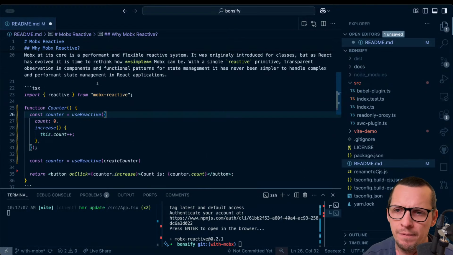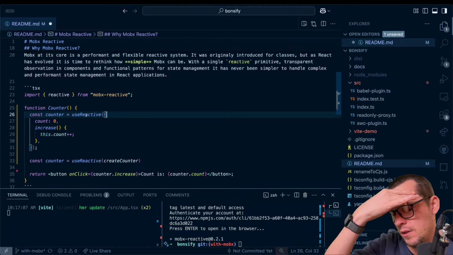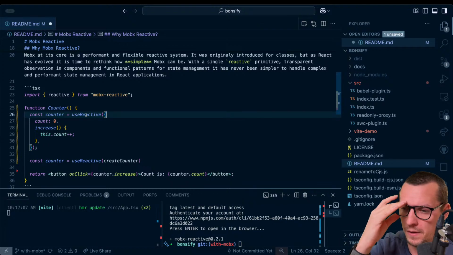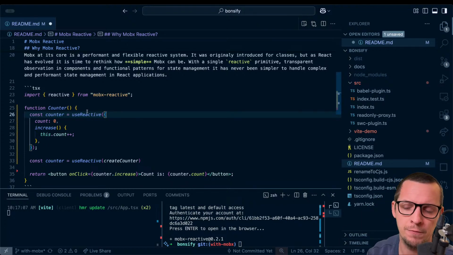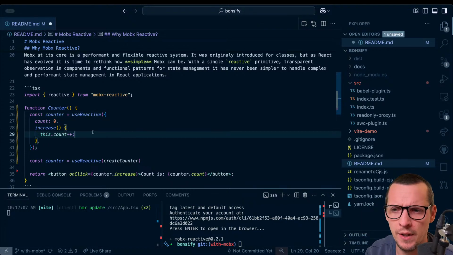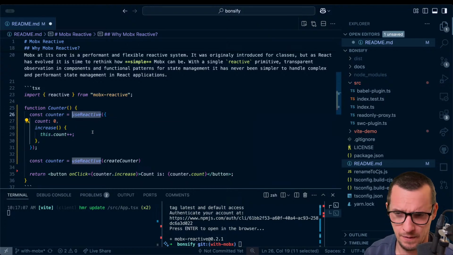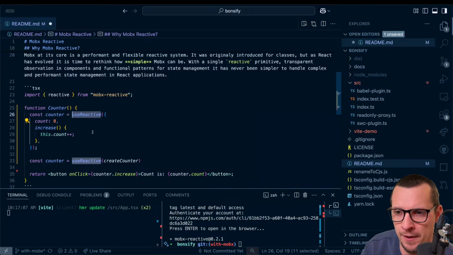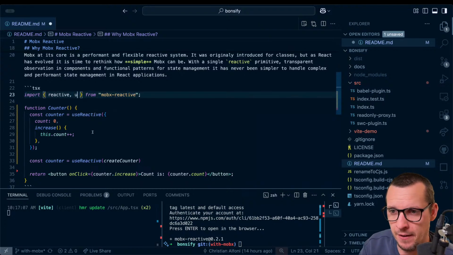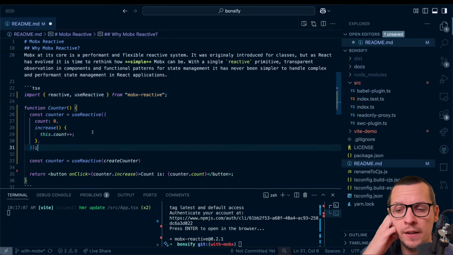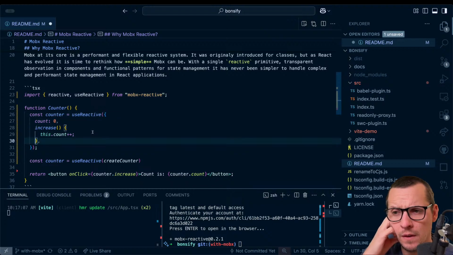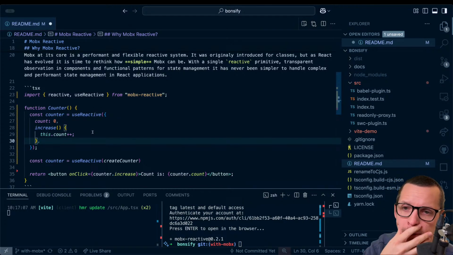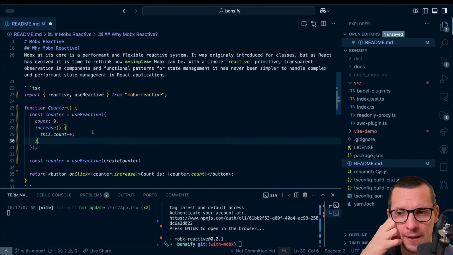So that's one thing. And then I thought about this use reactive hook, because if you're going to actually use React to drive the state forward, what you want to do is use a hook, of course. But there are a couple of things to consider. Sorry, use reactive. So one thing is it should feel like useState. So it should be able to take an object and optionally a callback.